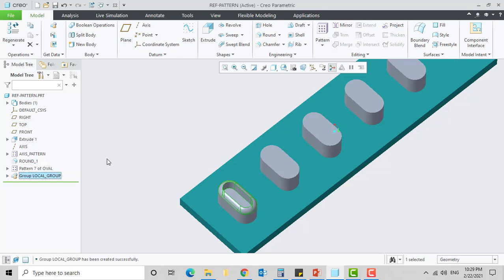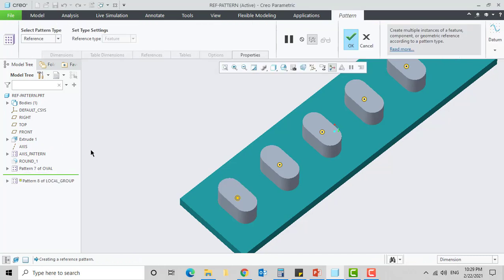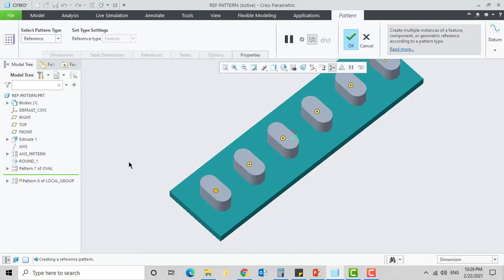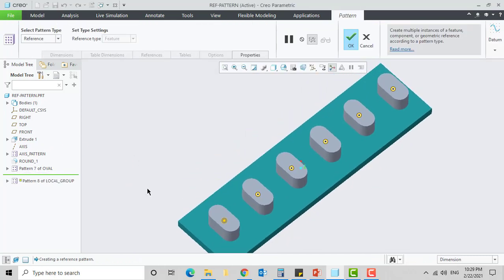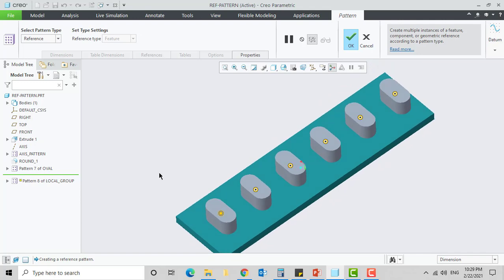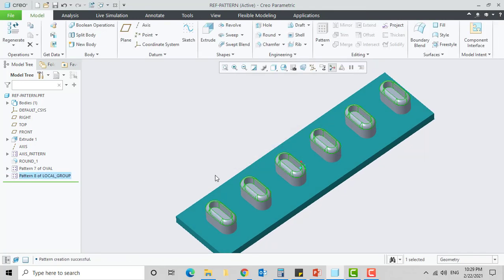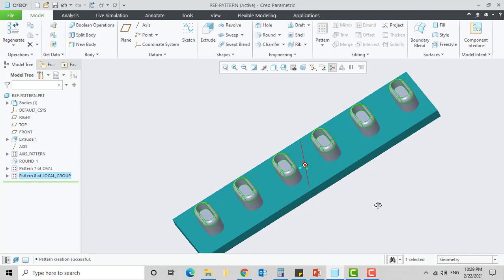So basically we have to group oval_cut and round_2. Now select the group local_group and click pattern from the mini toolbar. Click complete feature. Now you can see the oval cut and round getting patterned on the base feature.